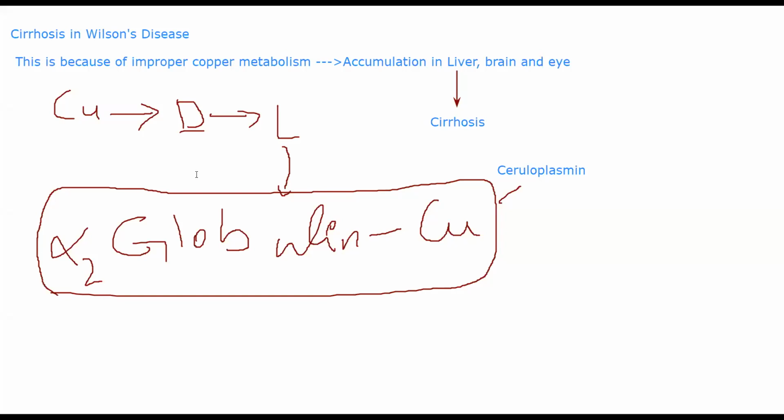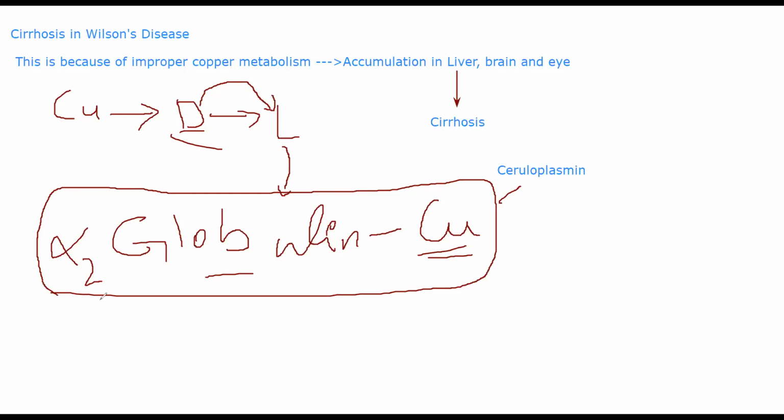In your liver there is a protein that is being formed, a type of globulin called alpha 2 globulin. This alpha 2 globulin will get incorporated with the copper that is being sent by your duodenum. The purpose of attaching this copper to this protein is so that it can be excreted out. Whatever excess amount is there will be excreted out through alpha 2 globulin. Whatever amount is required for your bodily function will be stored inside.